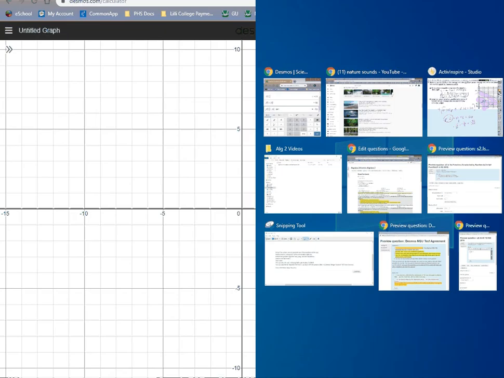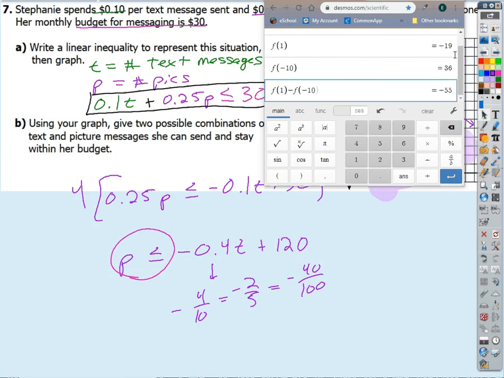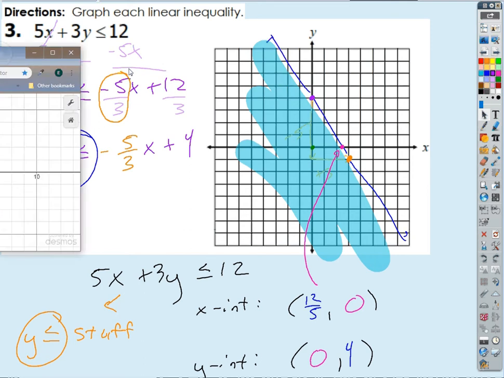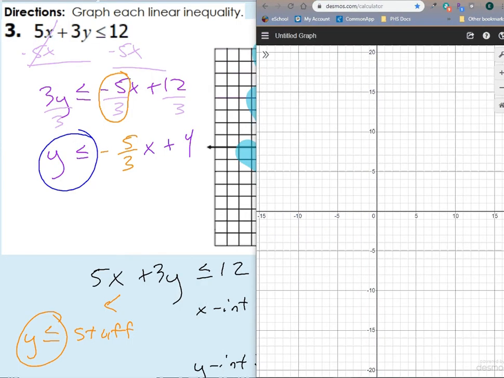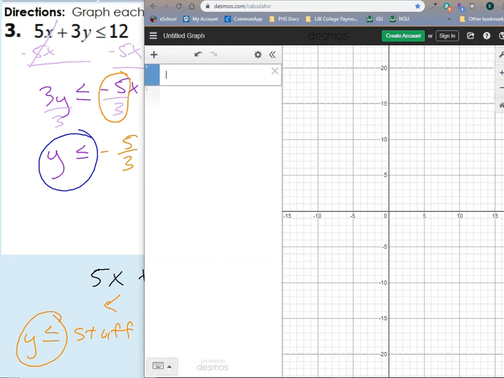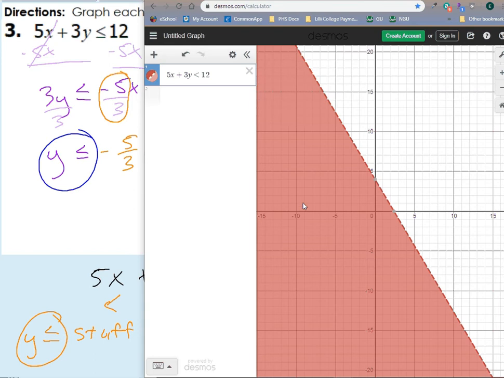Okay. Look what we can do here, I just want to show you something. Let's go back to there. Okay, in Desmos, now watch this, you're going to like this. In Desmos, I can just put in 5x plus 3y. Now, if I do less than 12, look what it does. Okay. So look at that. That's pretty cool. It gives me a boundary line and it shades a